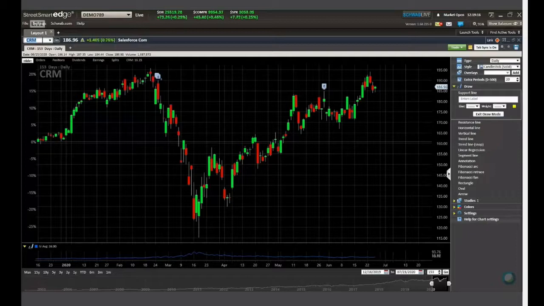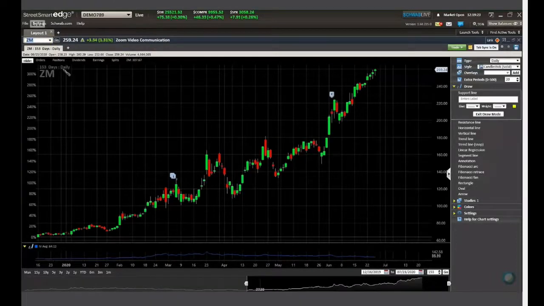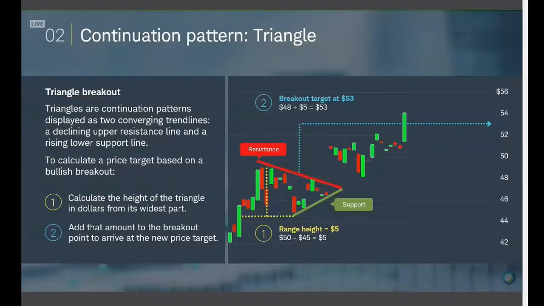Let's see if we can do Zoom. We'll do Zoom. All right, so here's their earnings announcement. Nope, no sideways breakout there either. So we don't have very many sideways breakouts from the names that have been listed, and that's okay, because we still have our PowerPoint presentation showing you what a continuation breakout is going to look like.